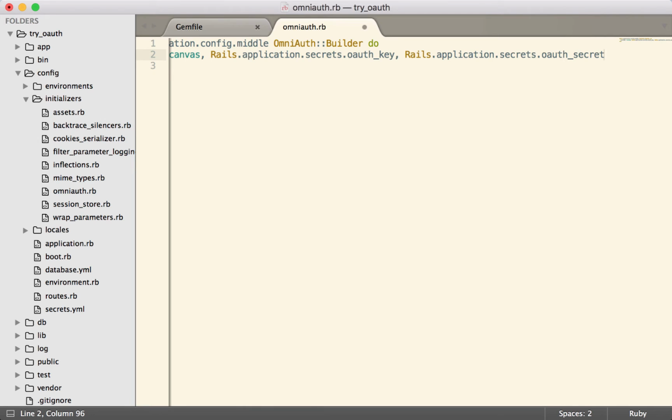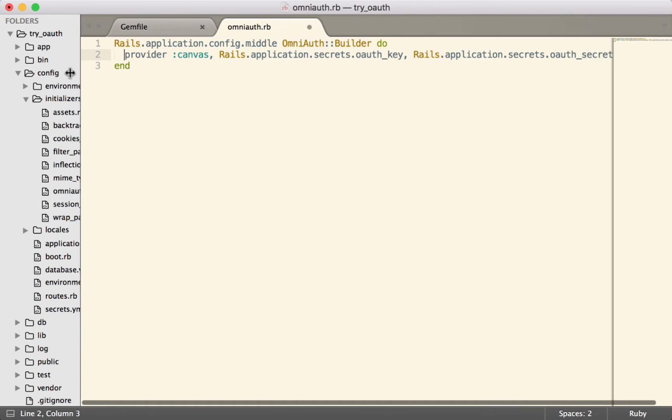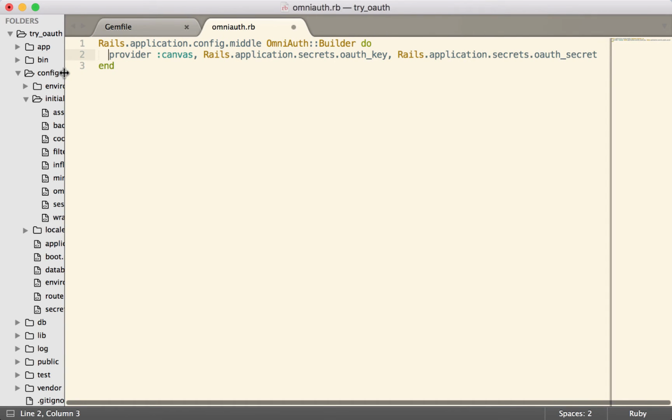Okay. So in a lot of cases, that's all that you'll need is just those two pieces right there. You'll just need a key and a secret. This is also where I would provide scopes. In the case of the Canvas OmniAuth gem, which we actually wrote,